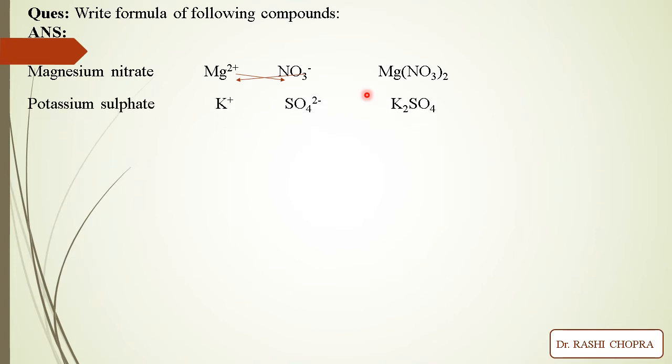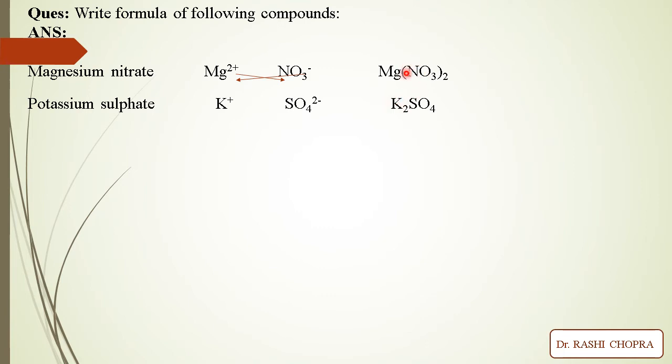For example, I have potassium sulfate. I need to write the formula of potassium sulfate. We know potassium's charge is +1. Sulfate, again a polyatomic ion, has a charge of 2 minus, SO4 2 minus, right? Now just exchange the numeric values of the charges. So 1 will go down under sulfate, and 2 will go under potassium. The formula would be K2SO4. Since only one sulfate is present, we do not write the bracket, because only one type of atom group is there.